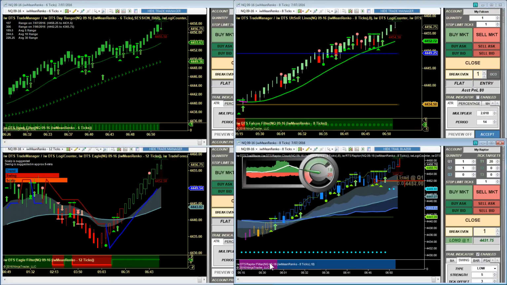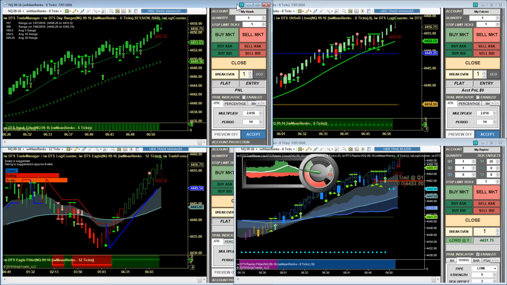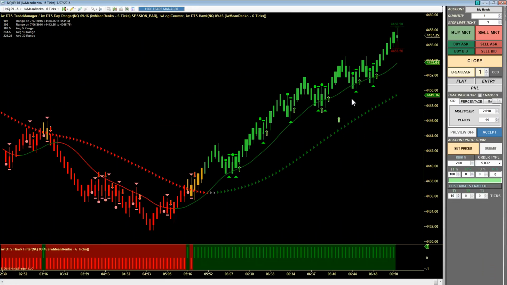All right, I'm going to throw that on the back burner because the rest of you are probably wondering, well, Eric, is there another signal going on here? Good question. Let's take a look. Oh, it does look like the Raptor, or pardon me, the Hawk. Ooh, that's a very sloppy 4-arrow consolidation. I don't like to see them quite like this, although in hindsight, I would call this a